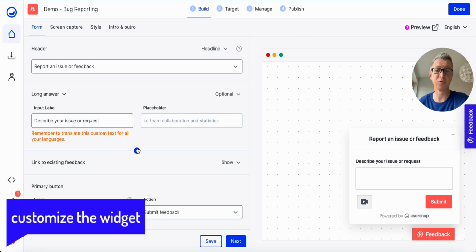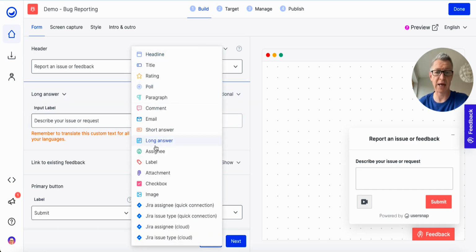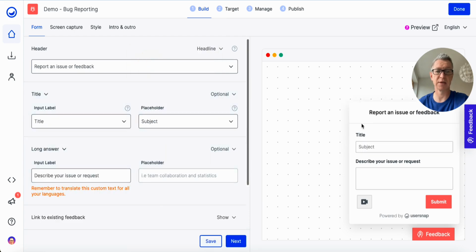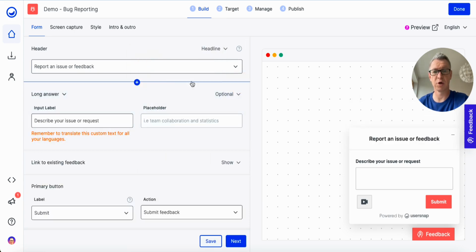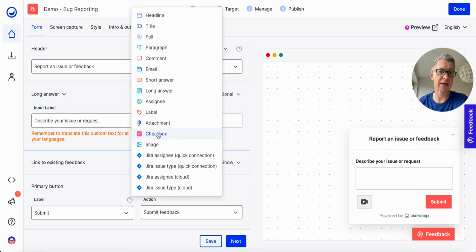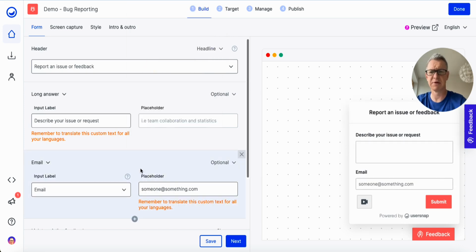It is simple to change the widgets here, and you can easily add a new element. For example, if you want to add a title, or if you want to add an email. Actually, in my case, the email is automatically added, which you can do in your application. If the user is signed in, you can add the email automatically, but you can also add an email field,